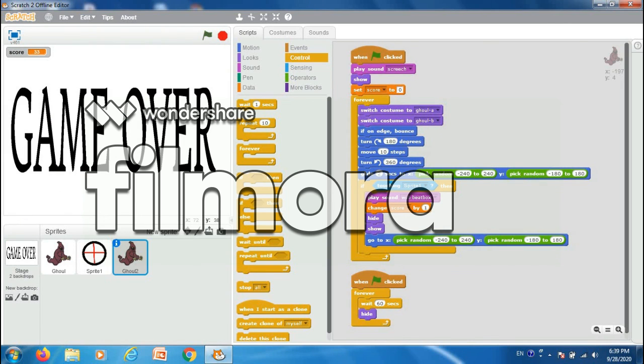Okay, after playing this game for 1 minute, all the sprites are hidden, and here you can see I have scored 33 ghosts. So I recommend you also make this game on your PC or computer system and enjoy this. And if you have any query in this coding, you will also get the image link in the description box.